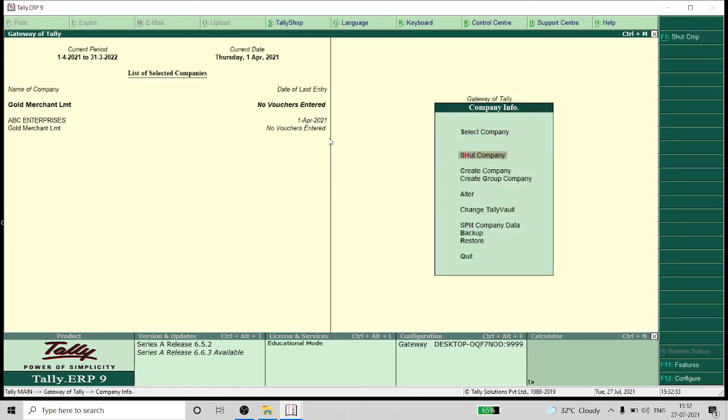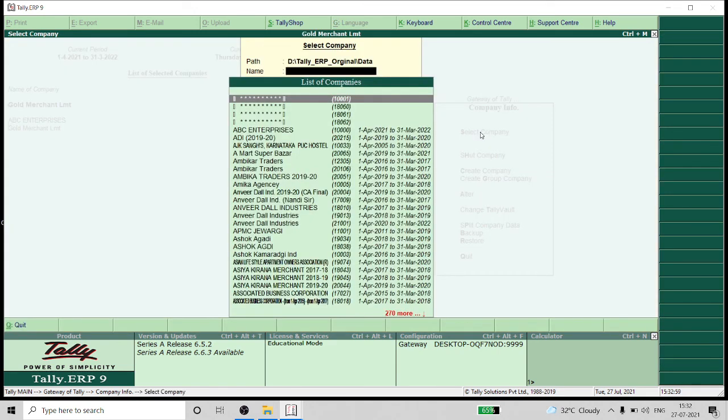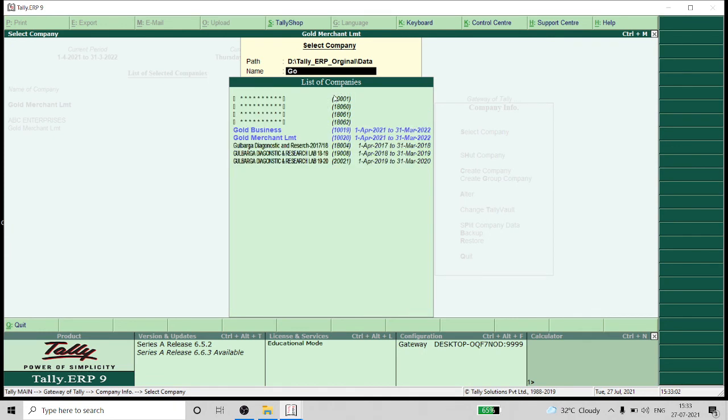This shut company means if you want to close the company. And this alter means if you want to make any changes in the company which you have already created, you can go into this option and alter it. Now we will see, I have shown the name of my company, and by which number it has been saved. It has been saved with 10020.